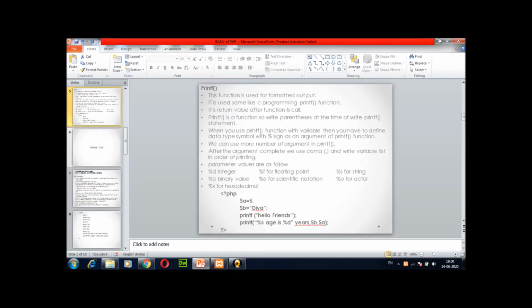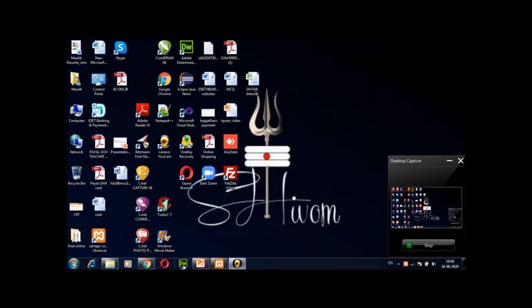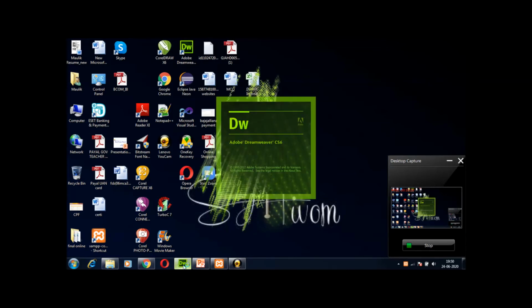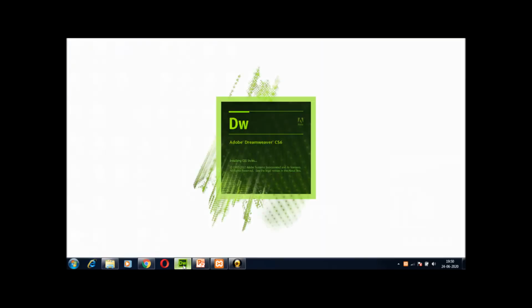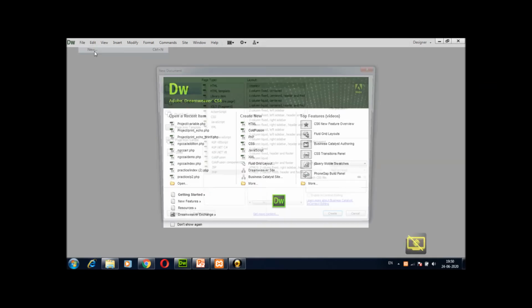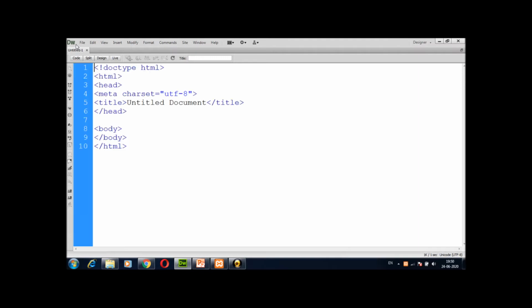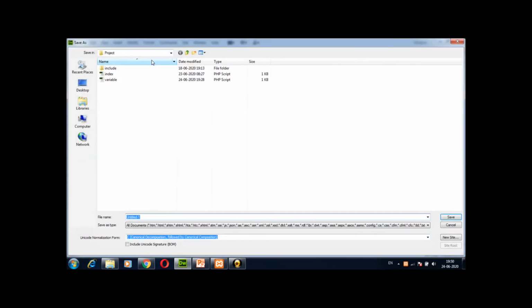Now we will discuss these two things practically. For that, first of all, we will start our editor. Inside that editor, we will start a new program with the PHP scripting language. Then I will save this at my location.